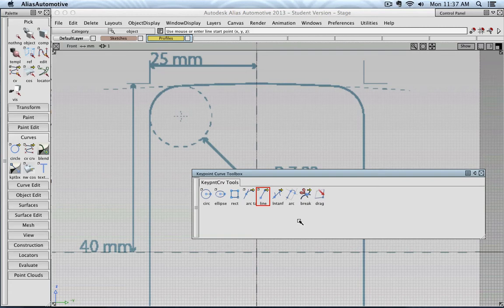So now actually, let's try to get started sketching our profiles for this model. So I have my line selected, then I can click Alt and click on a grid. And for example, this line should be 40 millimeters long. I could type in, for example, the number and then drag it, or because I set up a grid that is precise to the millimeter, I can simply click somewhere here, press my control button,